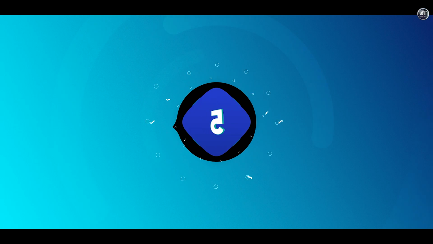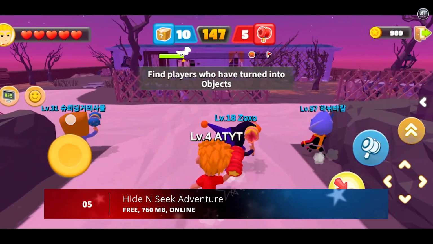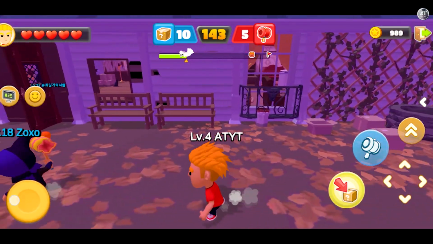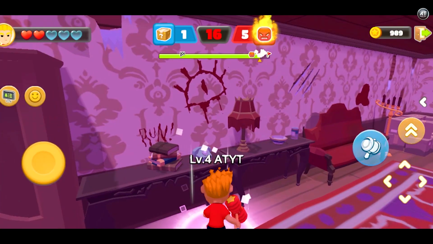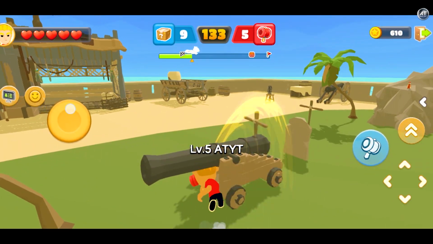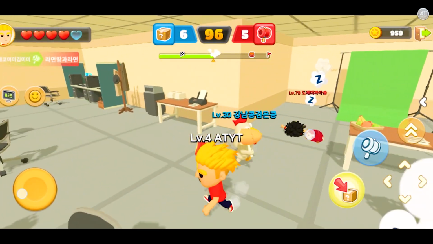Moving on to number 5, we have Hide and Seek. This is a multiplayer stealth game where you have to disguise yourself among the setting elements and avoid being discovered. If you like this kind of game, download Hide and Seek Adventure for free and enjoy hundreds of games in fun environments. What makes Hide and Seek so much fun is that each level is played live with 15 other